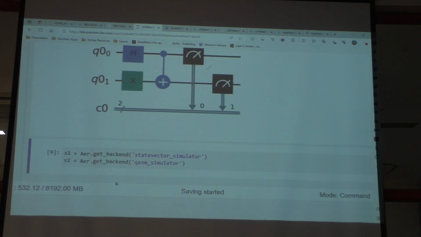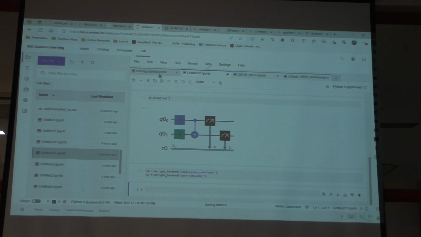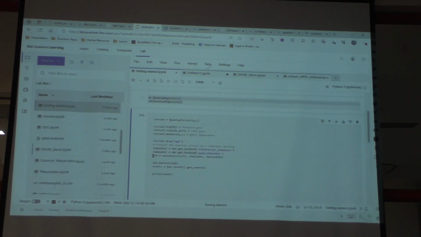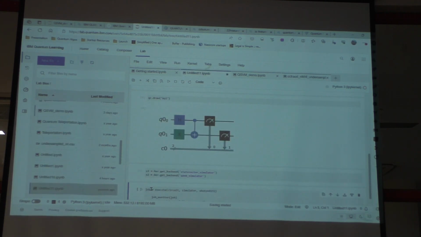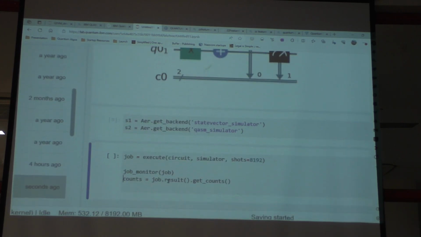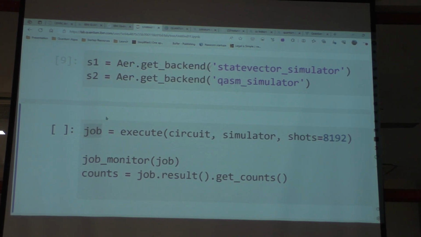Once it is defined, you can start executing the job. I'm just copying this from here because it's too lengthy. So you can call an execution a job or whatever preference you have.